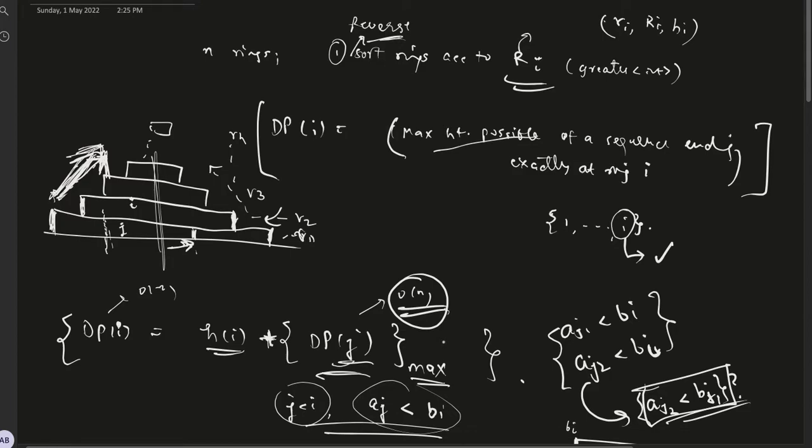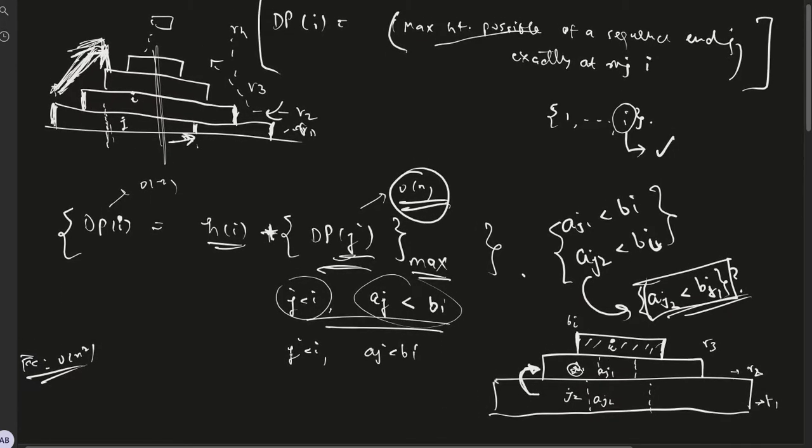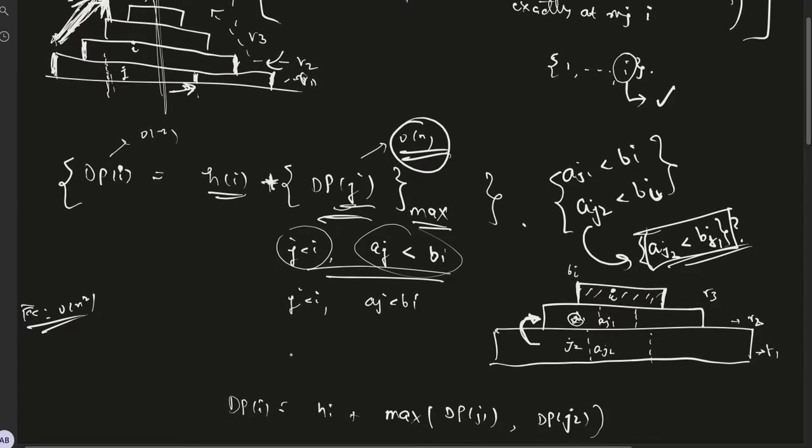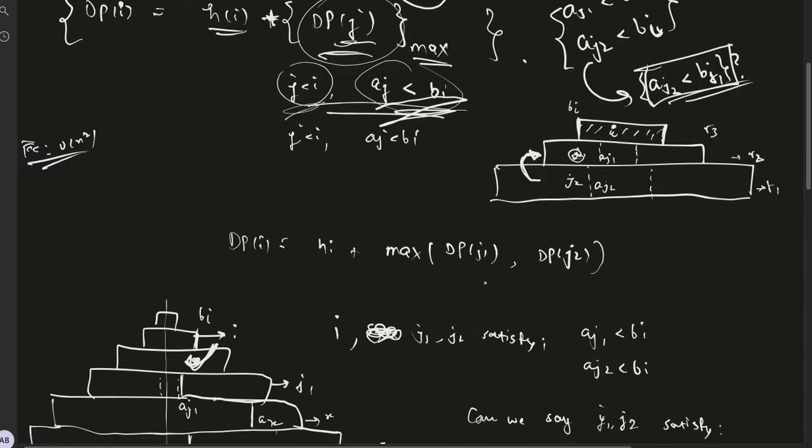So what we mean by this is J is any ring such that I can be placed on top of J, right? And for all such rings, we need to find the maximum possible height of a sequence ending exactly at J. Now, an observation is we don't need to find the maximum of all of these J's. Just finding the biggest J satisfying this condition is sufficient. The reason being